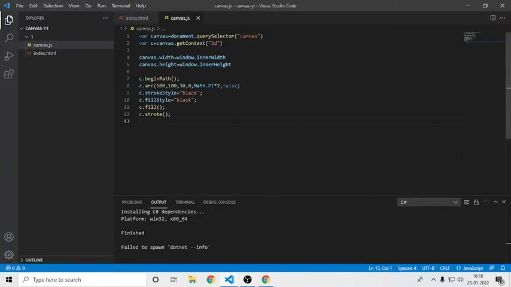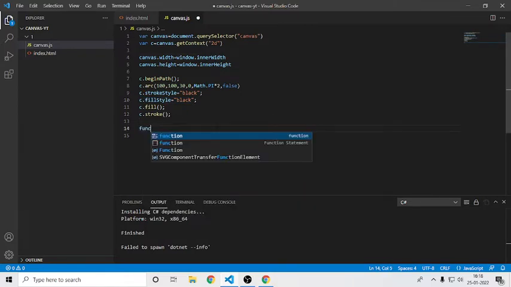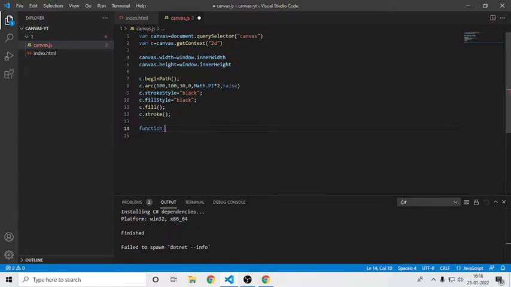In this video we are going to continue our HTML Canvas series. So now we have covered the basics of drawing shapes. Now let's see how to animate. To animate we need to create a function. So we will create our first function named animate,